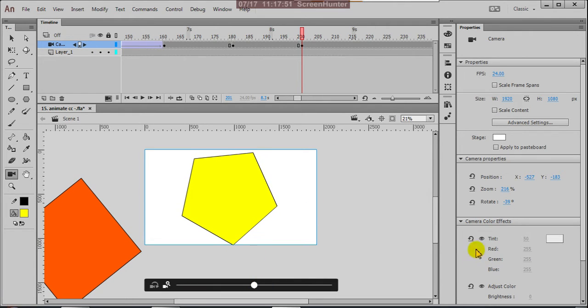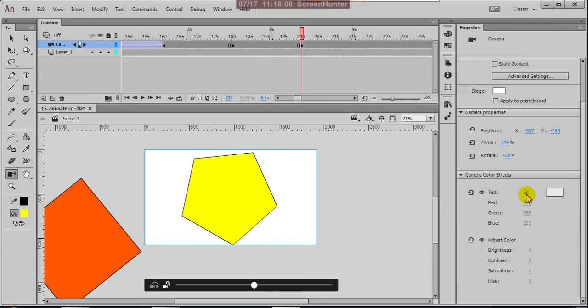Okay, so this is the same value. When you are adjusting these things, automatically the values are changing. So by giving the values in the properties panel, you can operate this camera. And here it is color effects. With color effects, you can simply give colors. Suppose here you can give red, and you can add the tint. See, it is okay. For the time being we are not giving anything.